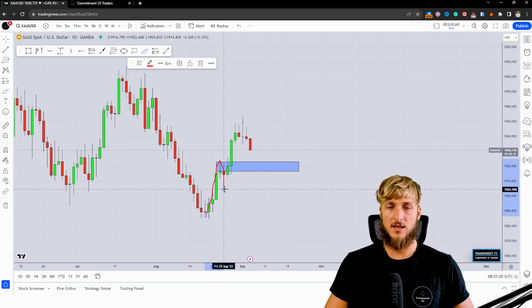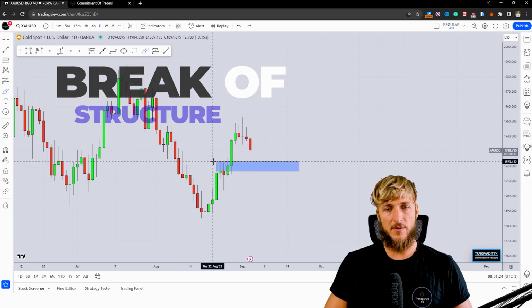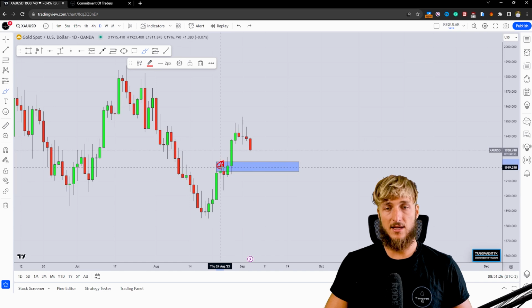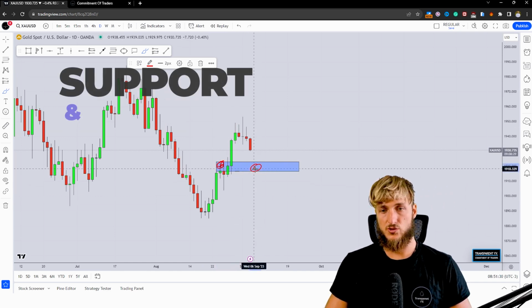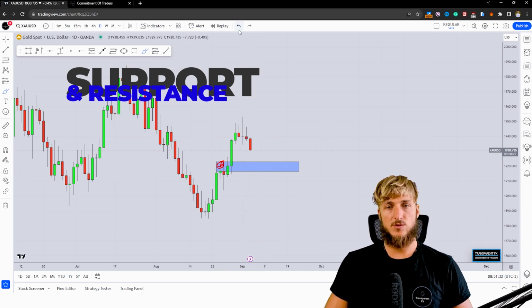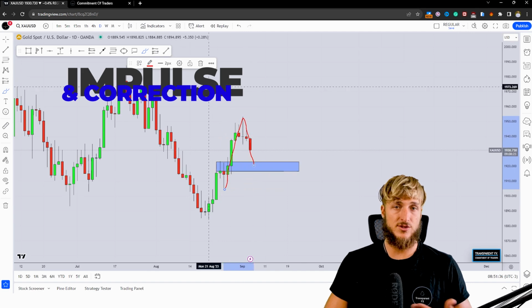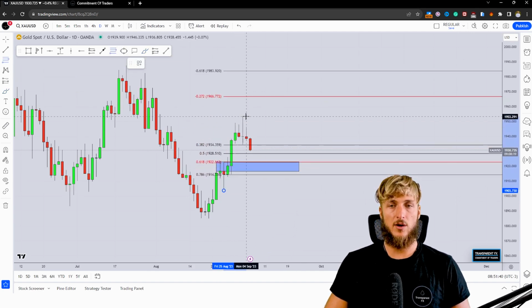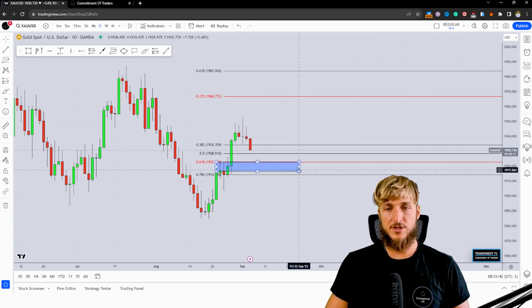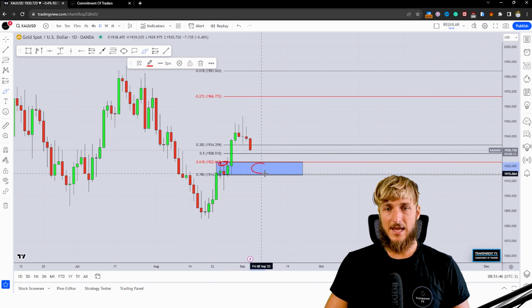Now, after that, the market broke back above the zone. This means that this area is previous daily resistance that, now that the market has broken into the upside, has turned support here. We can also notice, as we have already seen on the monthly time frame, that since we have an impulse and now the start of a correction, we can also take our Fibonacci from the low to the high of this impulse leg, and we can notice how this previous daily resistance turned support is the area